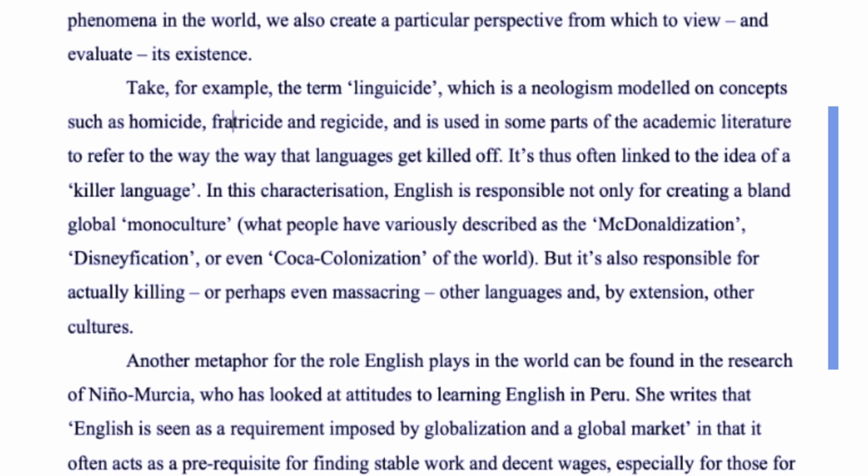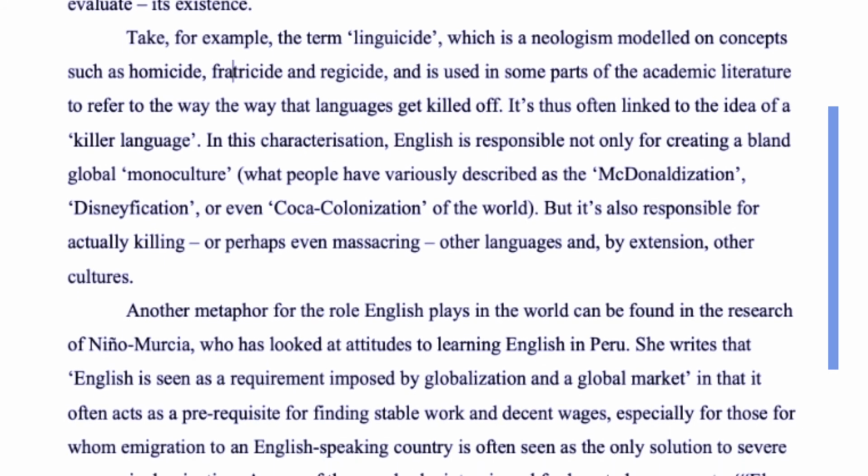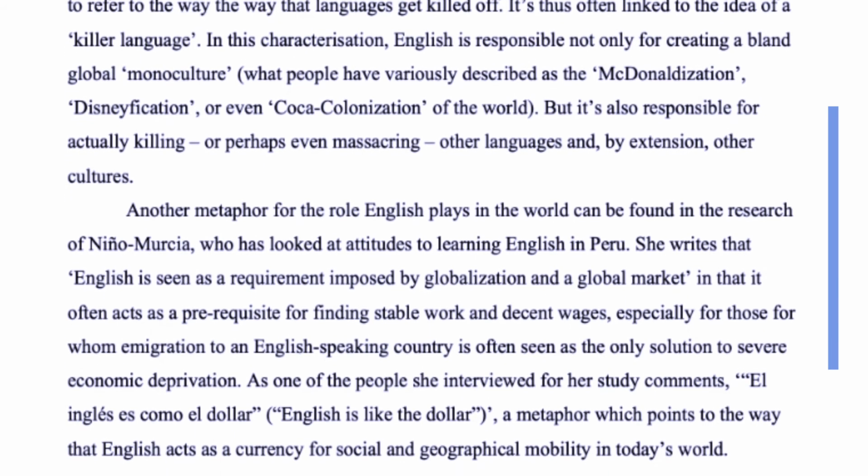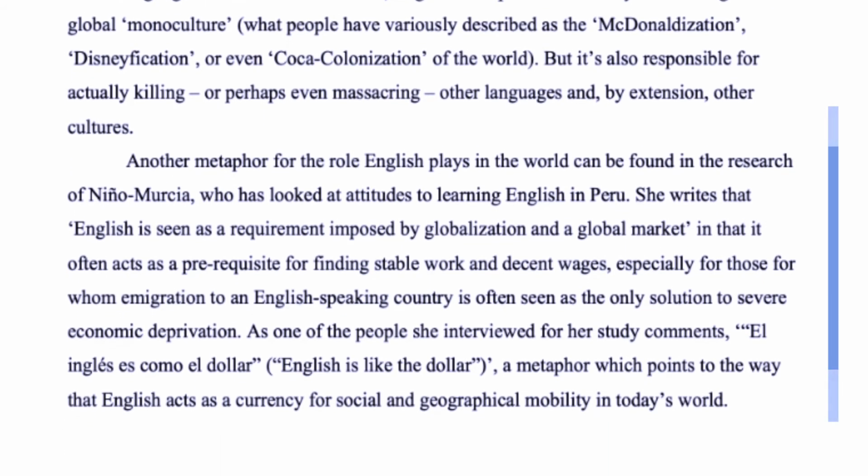Another metaphor for the role English plays in the world can be found in the research of Niño Murcia, who has looked at attitudes to learning English in Peru. She writes that English is seen as a requirement imposed by globalization and a global market, in that it often acts as a prerequisite for finding stable work and decent wages, especially for those whom emigration to an English-speaking country is often seen as the only solution to severe economic deprivation.